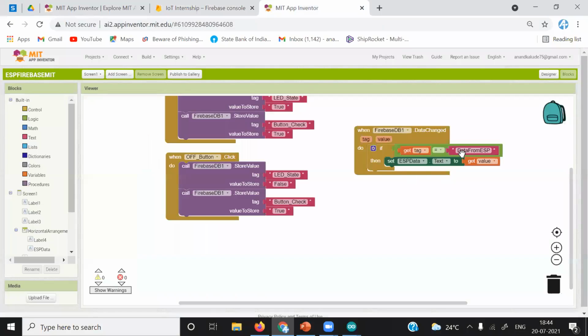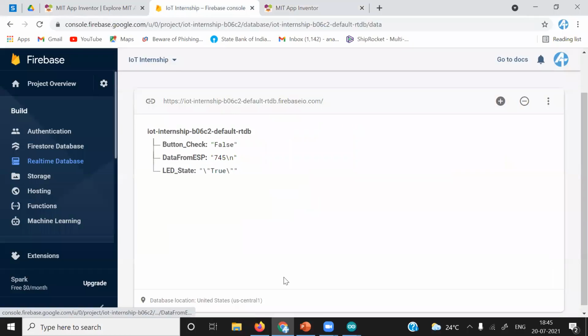Just make sure that whatever object you are using in MIT App Inventor matches, else you will not be able to receive the data at the application end, because any uppercase or lowercase change can make this entire application fail. You will not be able to receive any data from Firebase if you have not put the object correctly. So make sure that every character and every name you have typed is correct. I will just copy it from here, Control C.